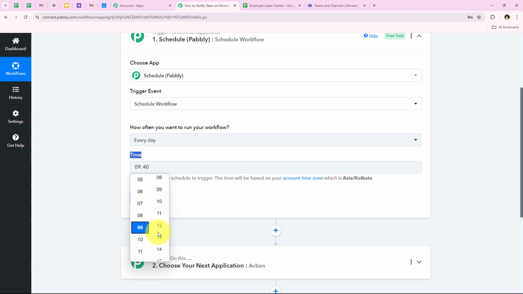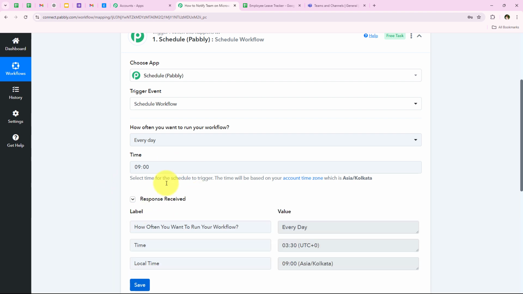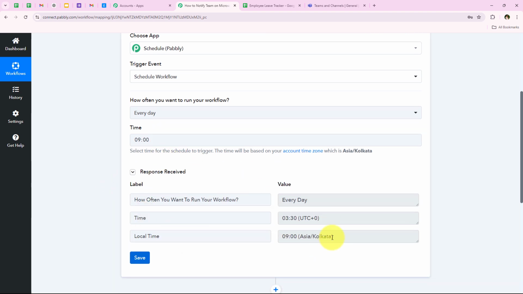If you wish, you can select any other time too, and you can also select some days of the week too. But I want to run this workflow every day, so I've done the same. And for the time I have selected 9 right over here, and then I'm going to click on save. And as soon as we do so, yes, you can see that we have successfully scheduled this workflow